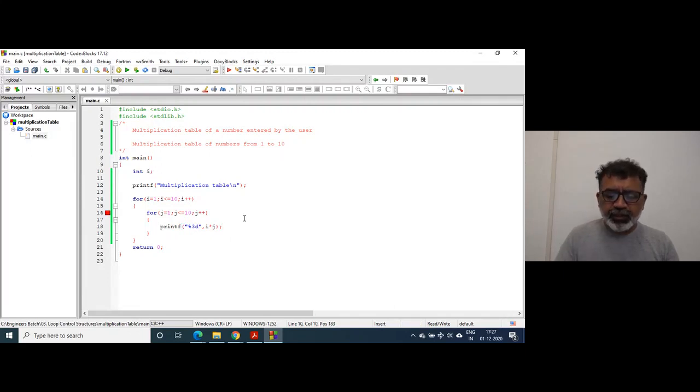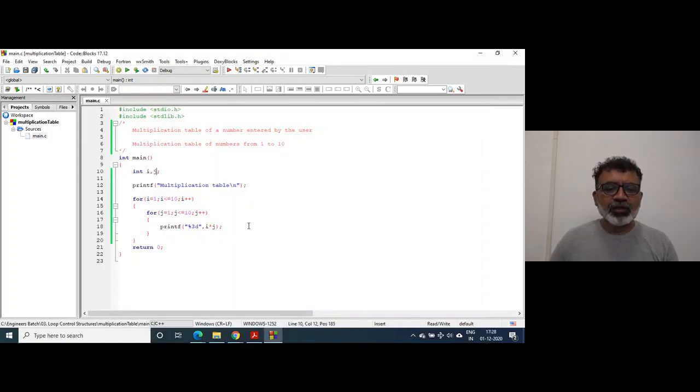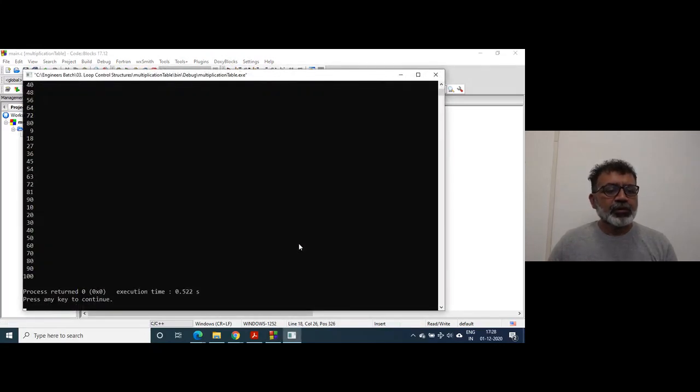I have to declare that variable. Yeah, it is printed, but again the next multiplication of 2 is on the same line, because a new line is not there. If you insert here \n, what will happen? You will get the multiplication table like this.